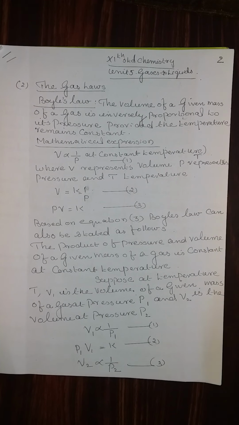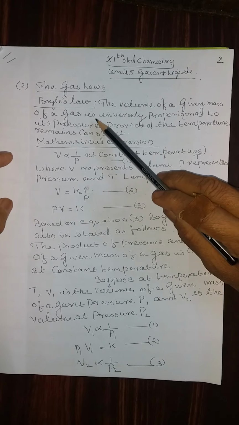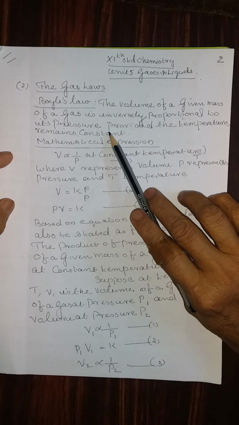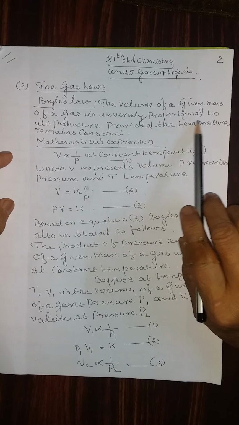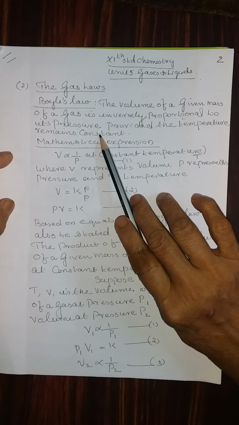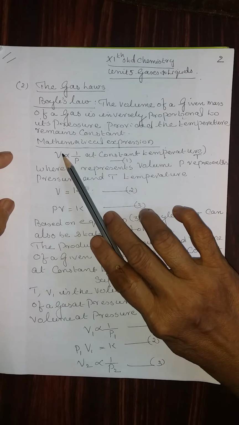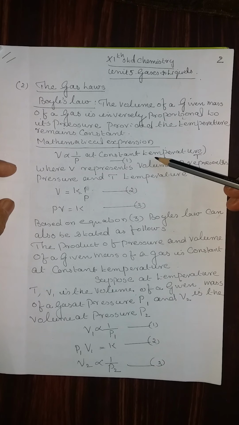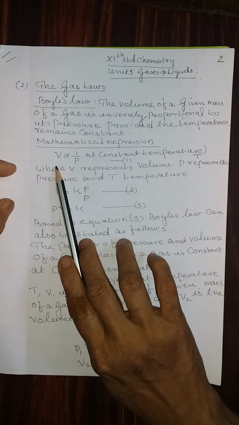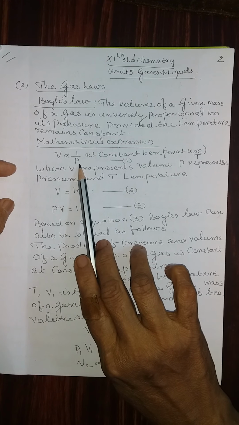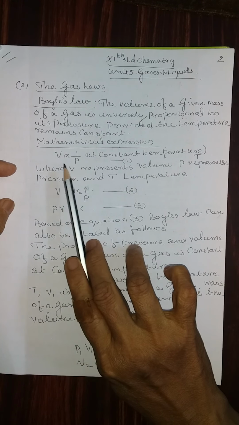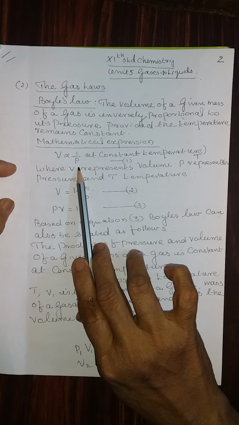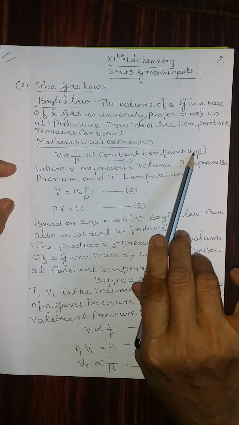The gas laws. First one, Boyle's law. The volume of a given mass of a gas is inversely proportional to its pressure provided the temperature remains constant. Mathematical expression: V is inversely proportional to P, where V represents the volume and P represents the pressure at constant